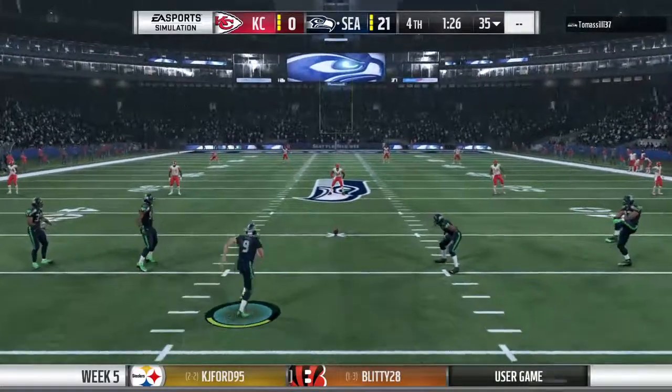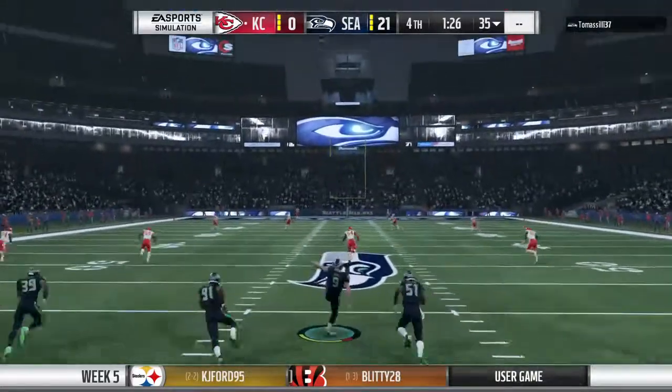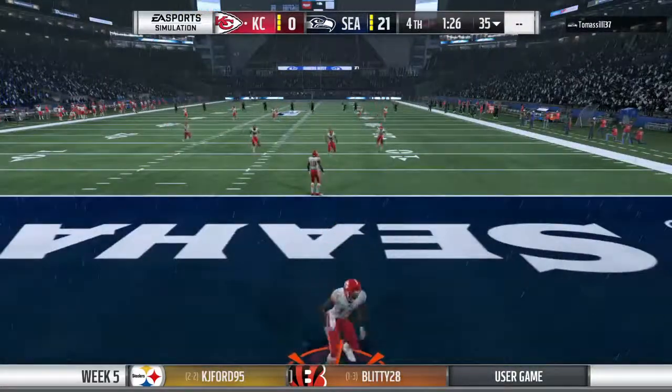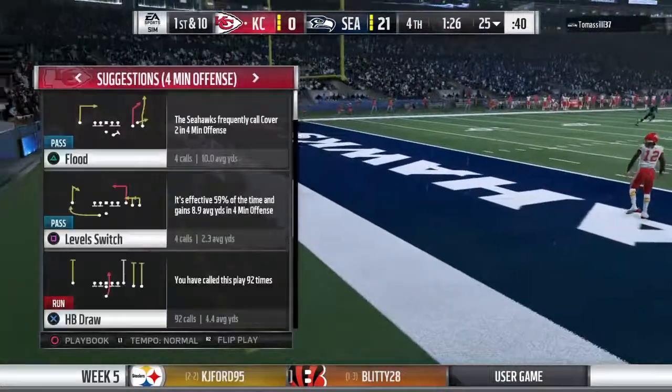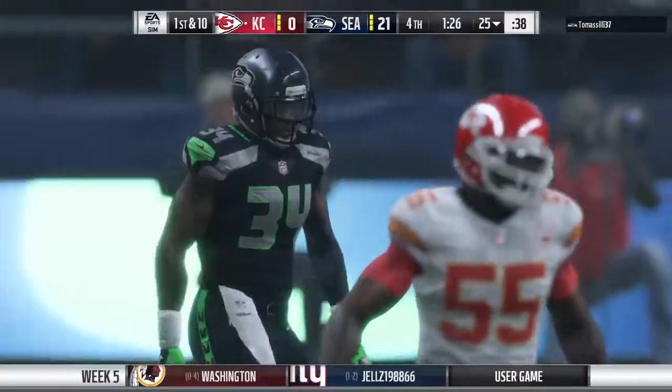The kickoff unit is out on the field, and they will send this one away. And that'll carry over the back line of the end zone for a touchback. The Chiefs